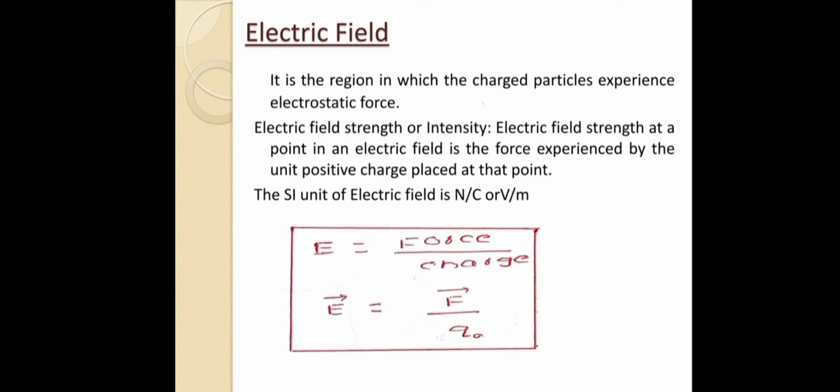Electric field intensity at a point in an electric field is the force experienced by the unit positive charge placed at that point. Okay, electric intensity or electric field strength is nothing but the force experienced by any unit positive charge placed at that particular point. So if you put any unit positive charge in a particular electric field, then it experiences some force. Clear? The force experienced by the unit positive charge at a particular electric field is called the intensity of that electric